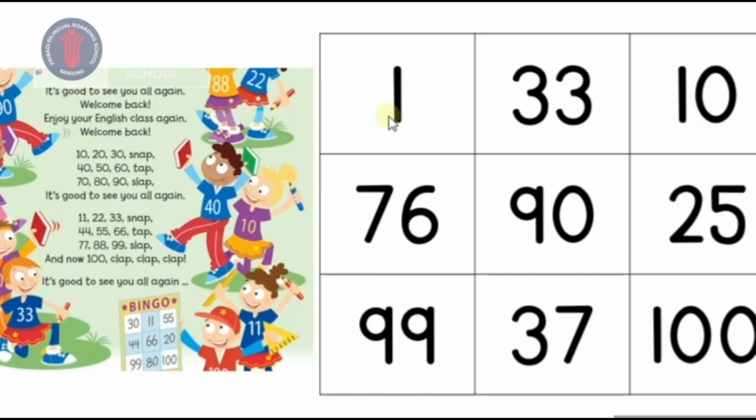And after that, you will hear the song that we already listened together before. For example, in here I have 9 numbers. And after that, while you listen to the song, you will mark every numbers that say on the song. For example,